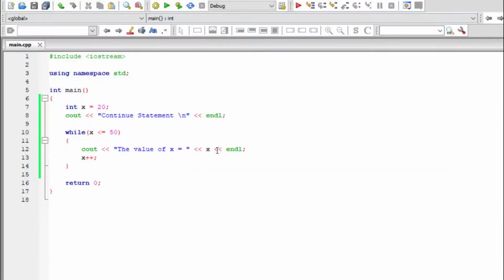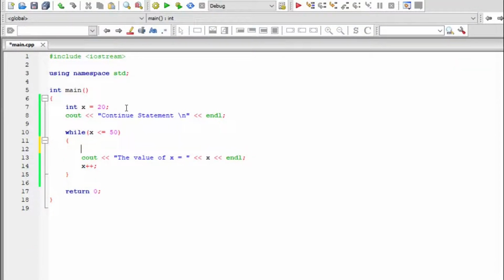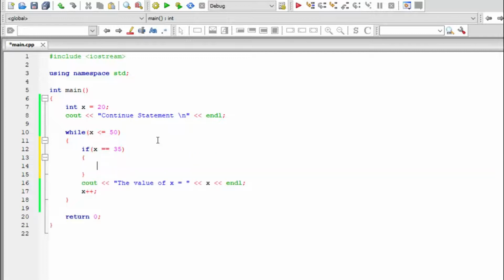Let's go ahead and do that. So go before this and say if x is equivalent to 35, then you go ahead and say